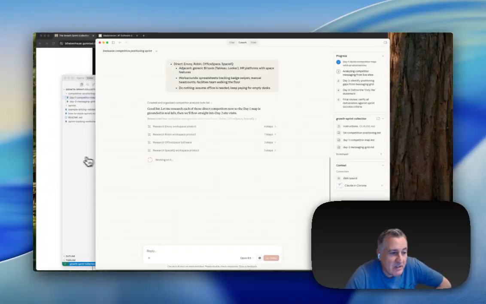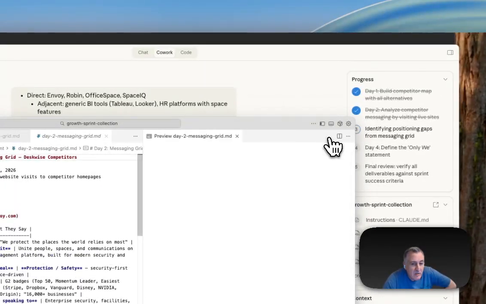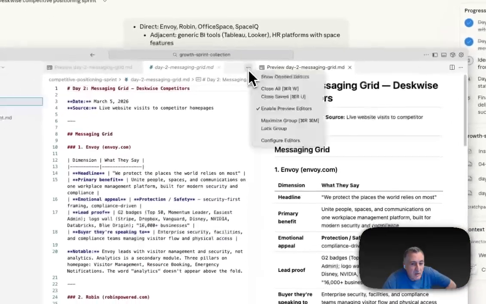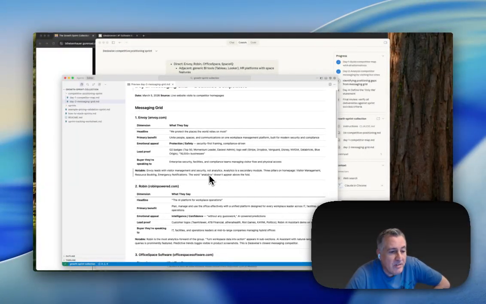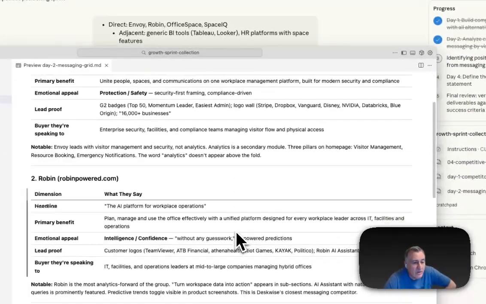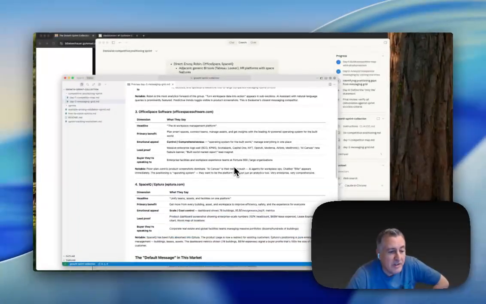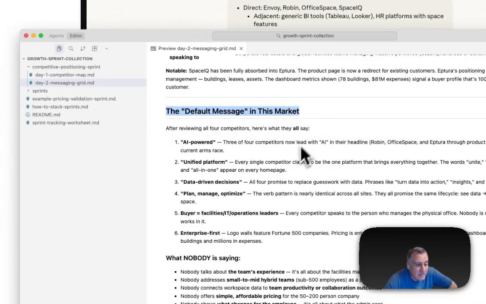Okay. Looks like the file is there for two. I'm waiting for this to close in. So it says it's done with two. It's moving on to three. Okay. So we're starting to get to what does Envoy say? We're starting to get to the messaging grid. What are all these people saying that are our competitors, so we can understand what it is they're saying, what should we say, what is actually the consensus default in the market,